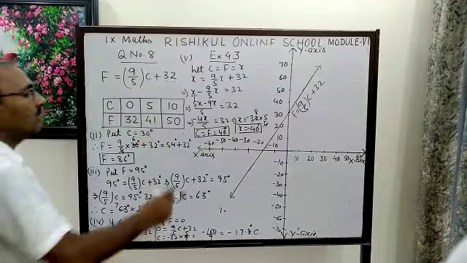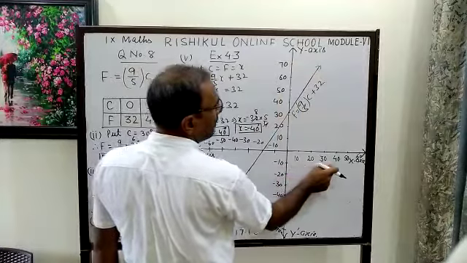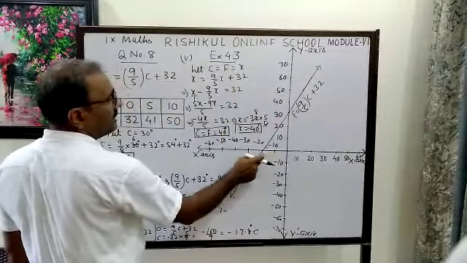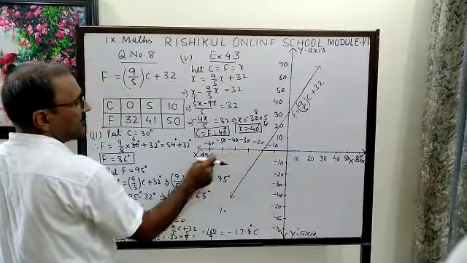So you draw the x-axis and y-axis, marking 10, 20, 30, 40, 50 and minus 10, minus 20, up to minus 50, minus 60, and on the other axis 10, 20, 30, 40, 50, 60, 70, and so on, and minus 10, minus 20 and so on, because the maximum here is 50. Now see, (0, 32): 0 here, 32 here.